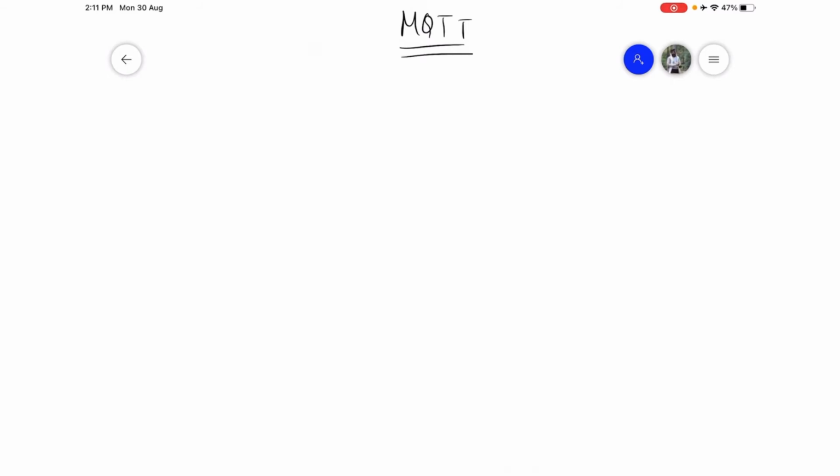So let's start with the MQTT itself. First thing, we need a MQTT server. In the case of MQTT, we call it broker. So let's say here we have a broker, which is our smartn.tech. So this is our broker, which is built on this platform.